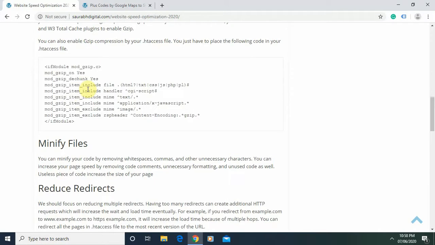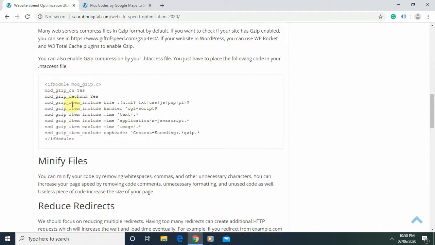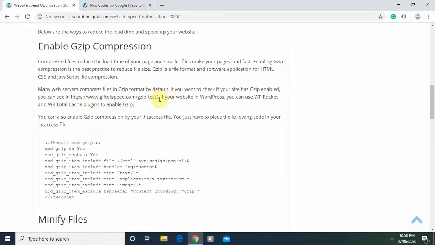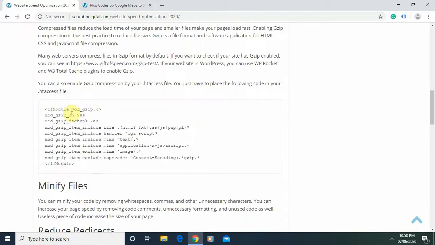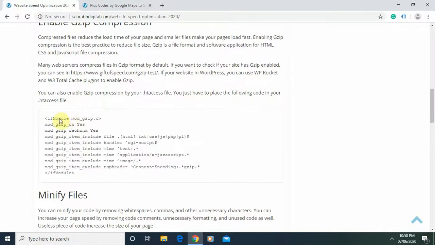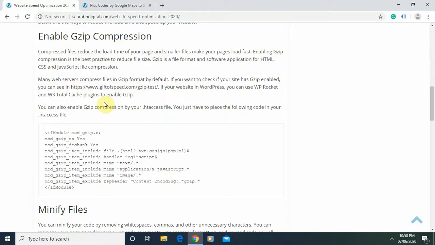You just have to place this code and this will compress your files. Okay, so it will help to reduce the load time of your website because the file size will be reduced.